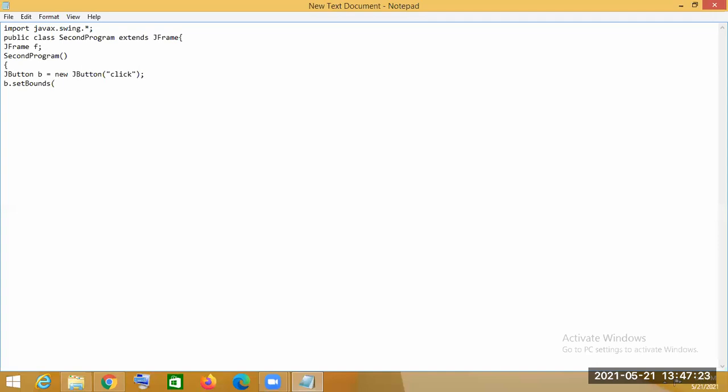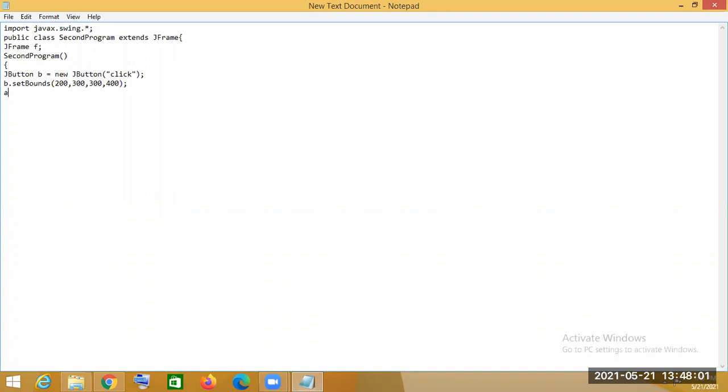As parameters of the setBounds method, we have to send x1, y1 and x2, y2 coordinates. So I am using x1 as 200, y1 as 300, then x2 as 300, and y2 as 40. So we have passed the parameters, the x1, y1 and x2, y2 coordinates, for selecting the position of the button.